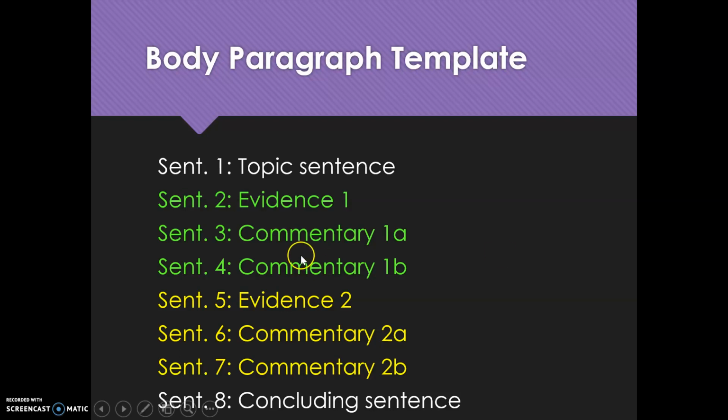And for this assignment, I said you had to have at least 2 pieces of evidence from the novel. So what's your first piece of evidence? Now, you're talking about some sort of direct quote that you've been choosing in your evidence scavenger hunt. And you're always going to want to use a lead-in with that direct quote. And then once you have given your evidence, then you can take some time for that commentary where you are analyzing and explaining and interpreting that piece of evidence for your reader. You have to really get into why it matters. Then you can transition to your second piece of evidence and your commentary.